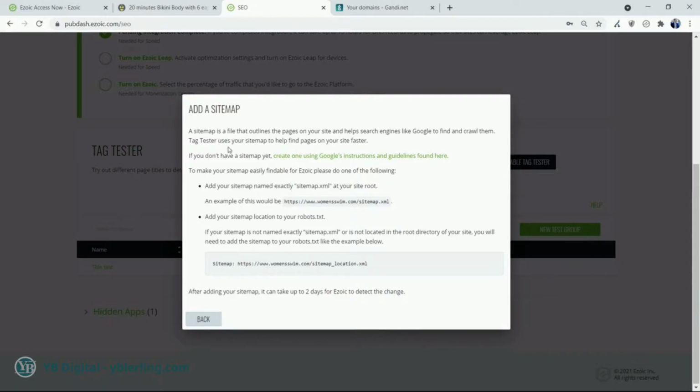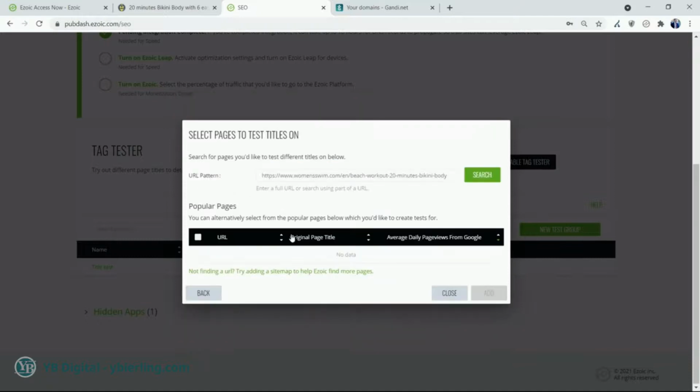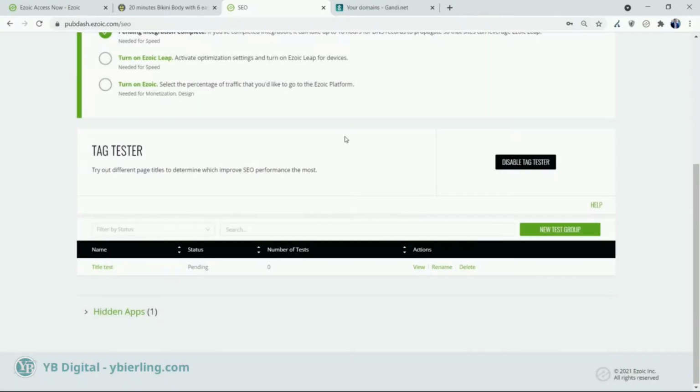So it's simply that they haven't found it yet. So let's wait a little bit, and in 2 days Ezoic will have picked up my sitemap and will let me use Tag Tester. So for now, it hasn't detected yet any page on my website because it's brand new,